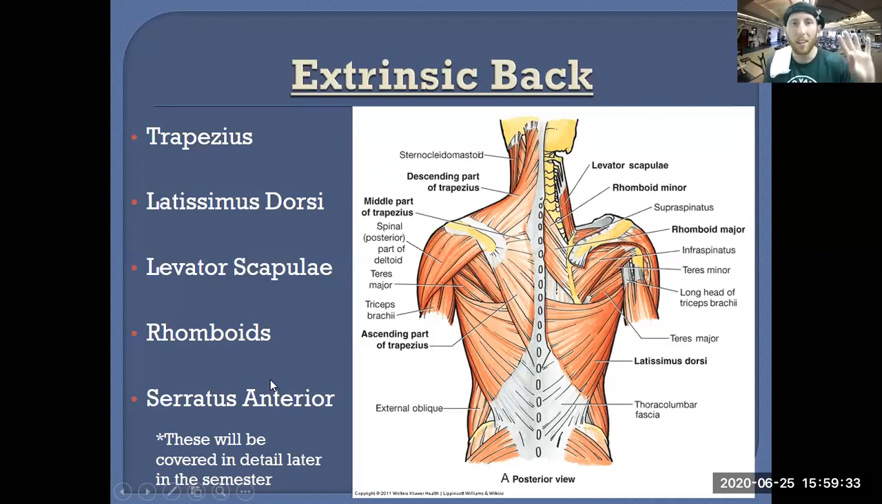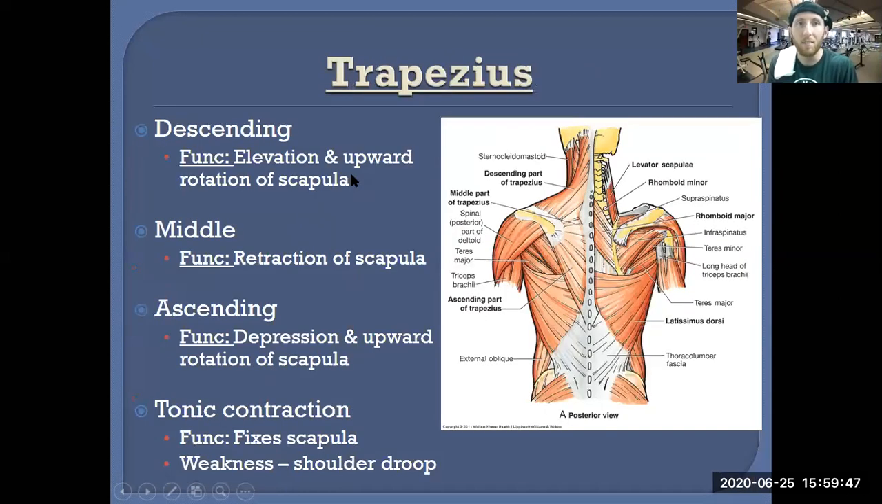They will be talked about later in the semester, but for now, just get a general idea as we talk about the vertebral column of these extrinsic back muscles, as can be seen listed out here. We can also talk specifically about the trapezius, just to indicate that a lot of these muscles have different